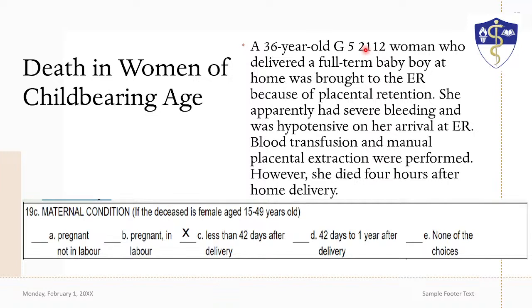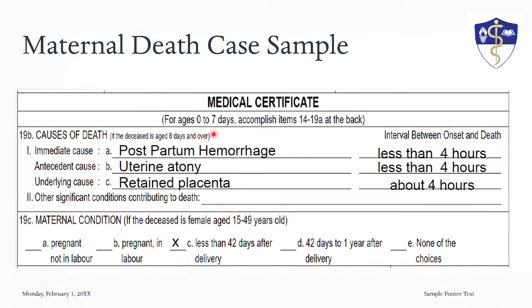3112. So, 2112 is equivalent to 224. Four children lang yun, you know? So, G5, P5, 3112 will be my obstetric score. Okay? So, kung ako yung nagsulat, if I was the one who wrote this, this is actually from the PDF given to us by the Department of Health. So yeah, C, less than 48 hours after delivery, days after, less than 42 days after delivery. Okay, namatay si mommy.